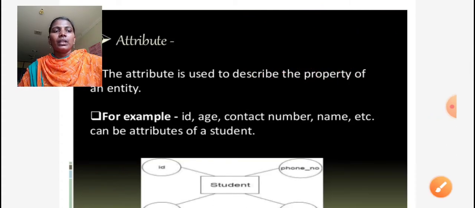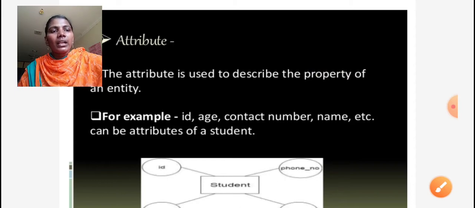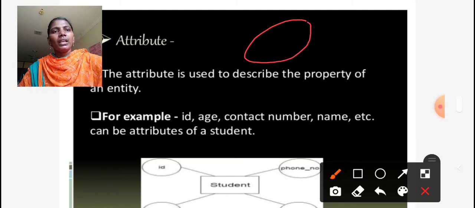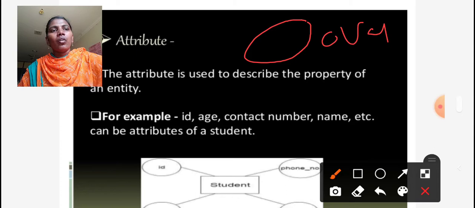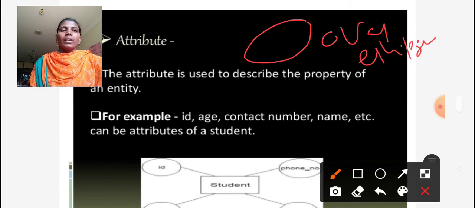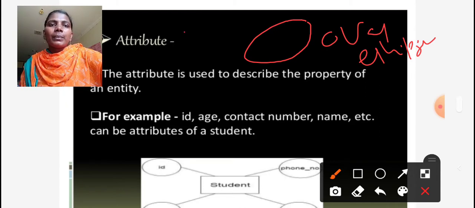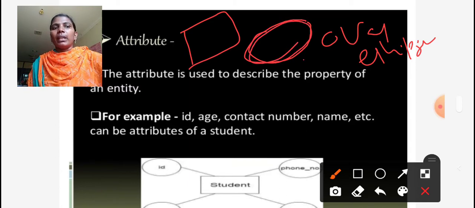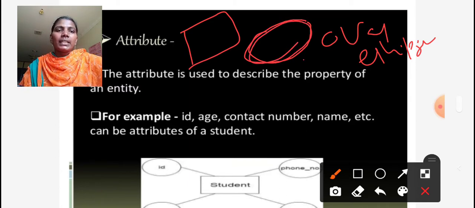Here the attributes are represented with the symbol called an ellipse, an oval shape symbol. The entity is represented with the rectangle symbol and the attributes are represented with the oval shape symbol. Here is the example.